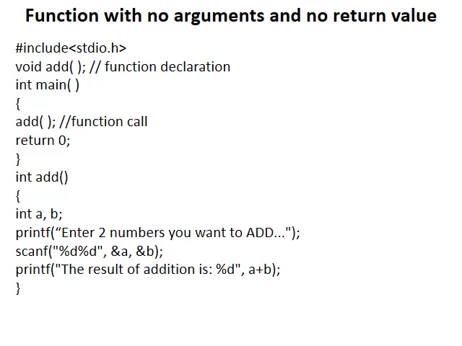So I am not returning the result back to the main function. Once printf result of addition is executed, for example if the input I have taken is 2 and 3, the result 5 will be displayed. After that the function ends here, so control will come back to the main function.